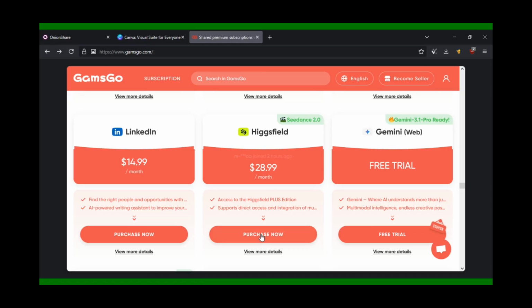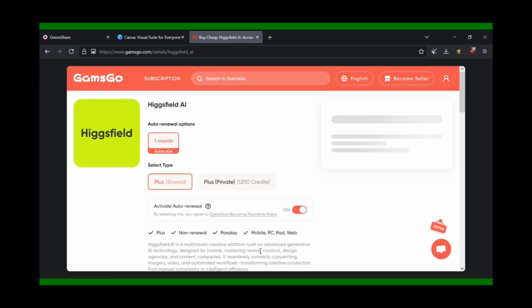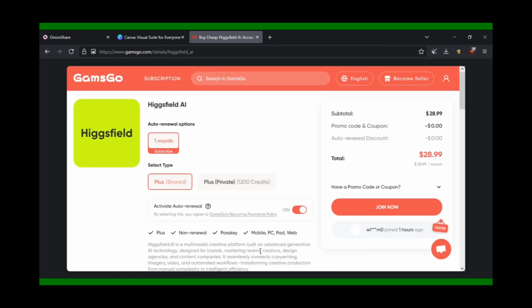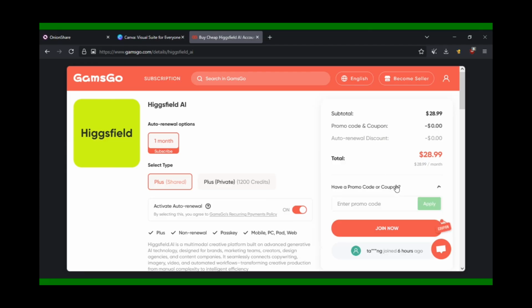So once you successfully locate it, do not press the buy button right away and press view more details instead. All the important details you'll need to consider before paying will be laid out. So just pick what fits your needs, and before checking out, click on the promo code section and enter the